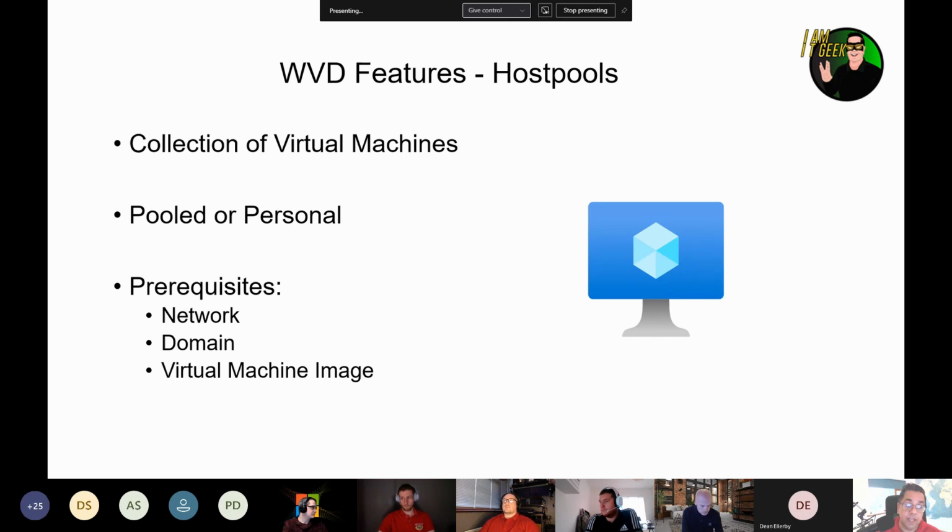You need a virtual machine image. Again, there's a process you can follow to create this within Azure, but similar to the normal on-premises image you'd create. You have a Windows 10 base and you add your applications that you want on your desktop. Make sure you've got all the updates installed on it, you've got the right version that you want to have on it, and then you can sysprep that and essentially capture that image within Azure. And then you can use that to deploy to your session hosts.